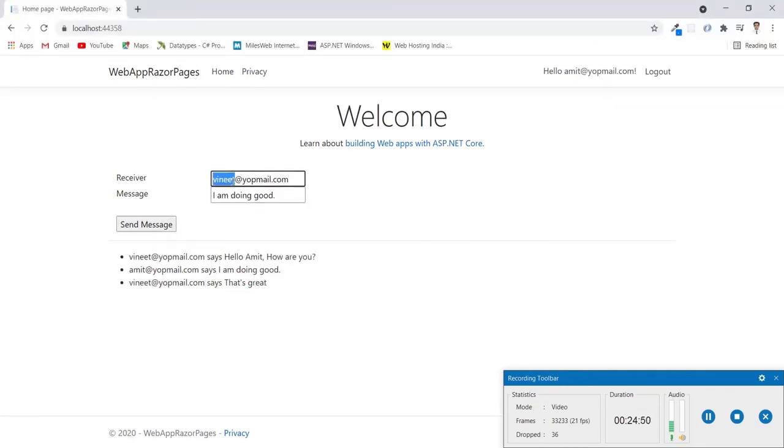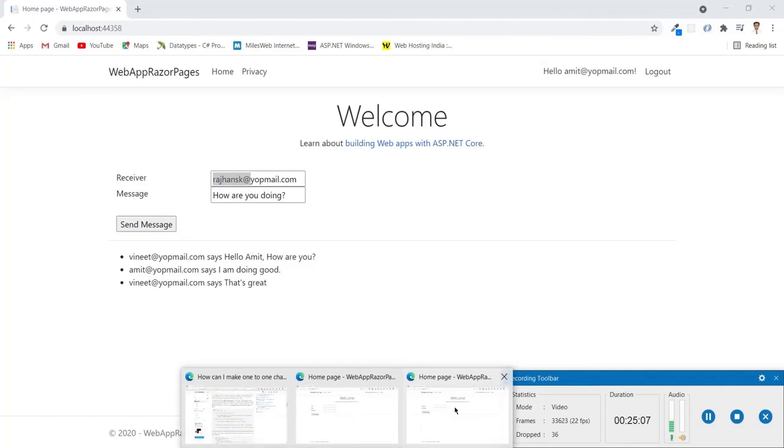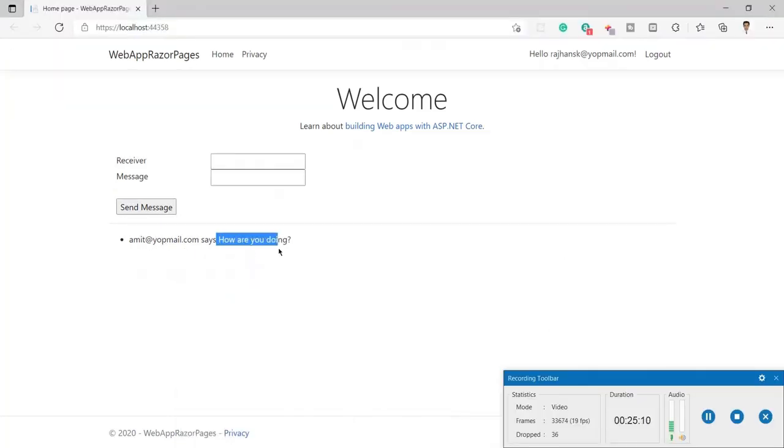And suppose Amit wants to send a message to this user. Okay, and once I click on send, the message has reached this user Rajesh K, and you can see here the message has come from Amit, and here again Rajesh can reply just by entering the email ID of the receiver and the message to send.